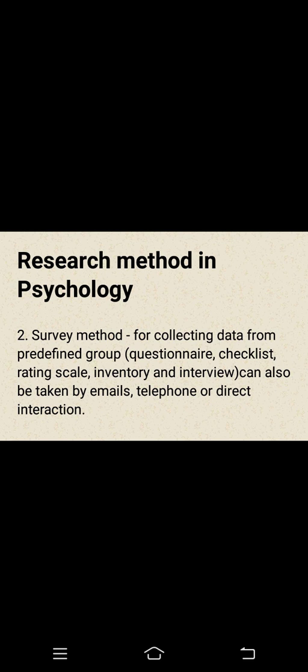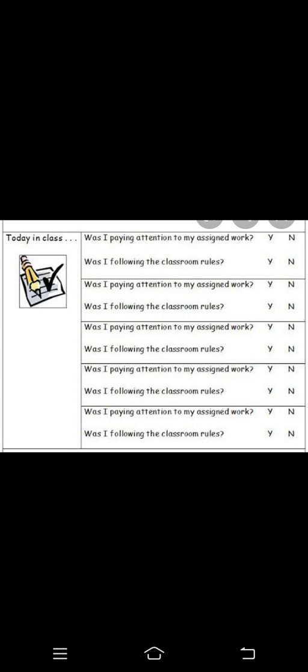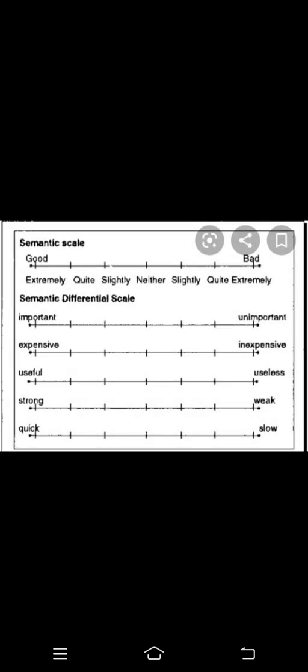Now I'll show you what a questionnaire, checklist, and rating scale look like. This is a questionnaire where there are questions and you just need to say yes or no. Basic questions. This is a checklist where you tick whichever criteria fit you. Now this is a rating scale. A rating scale is a very important thing in psychology because lots of studies in psychology depend on it. Psychology tries to understand human behavior, so we cannot directly say yes or no to something.